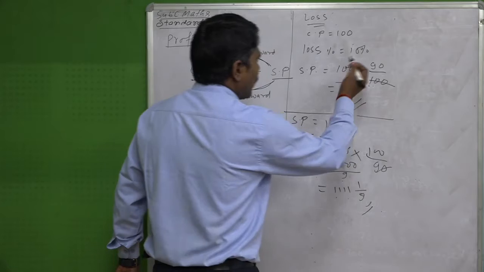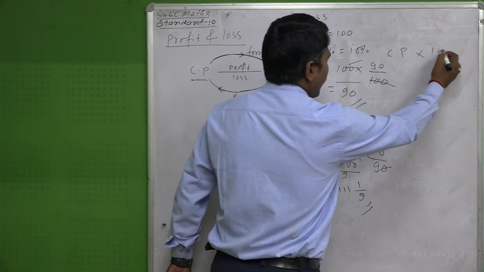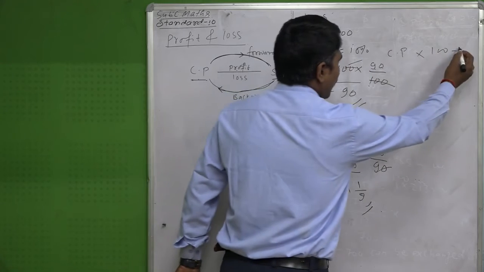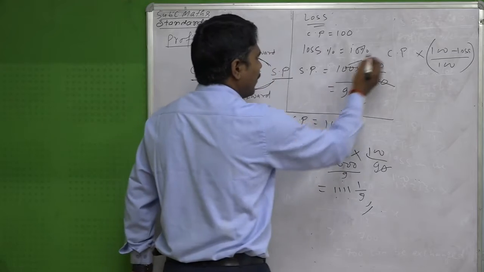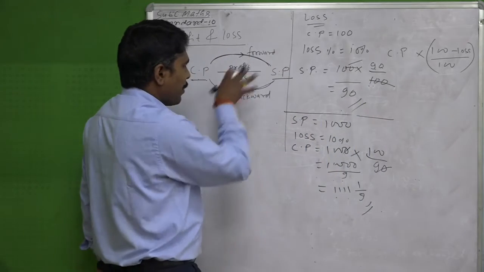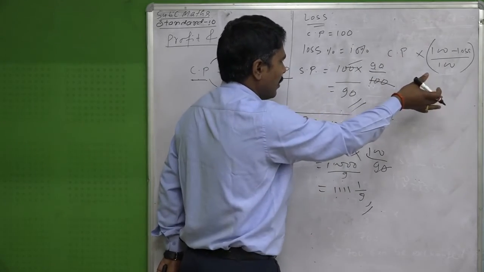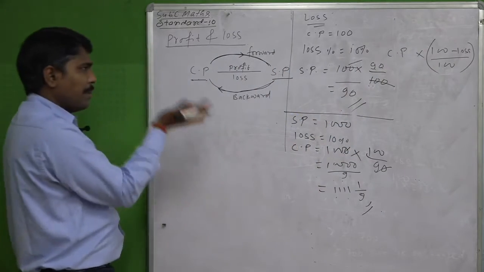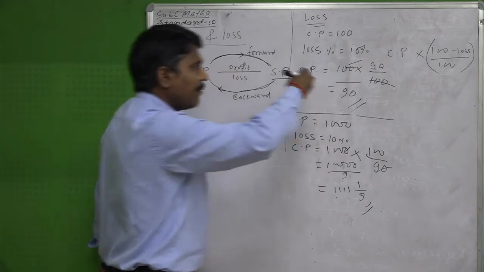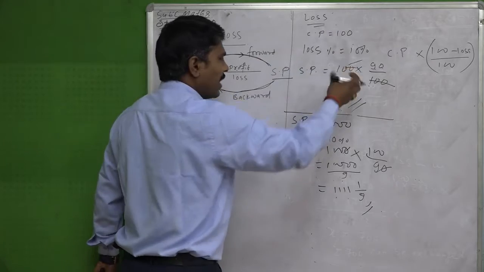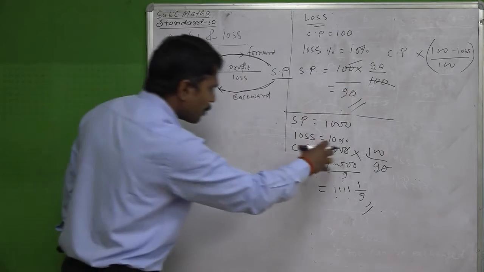If you think here, this is the CP, it means 100 minus the 10% loss, by 100. This is the formula, and you can derive it by this. From this forward backward calculation that I am teaching, you can find the formula yourself. Yesterday, in previous classes, I gave you the formula. In this technique, you can derive the formula yourself. Inside this forward backward method there is a formula.